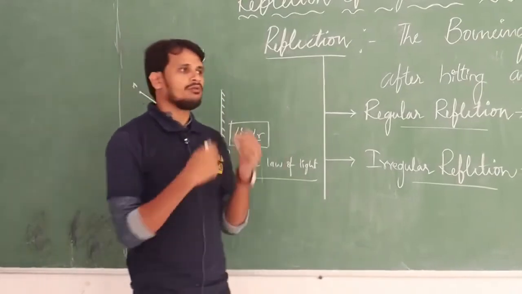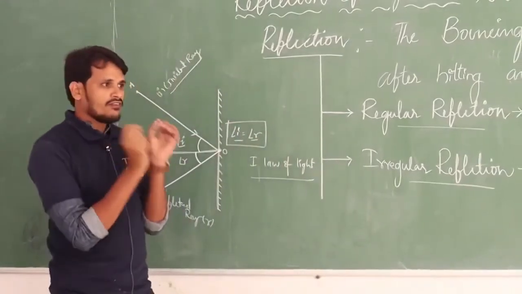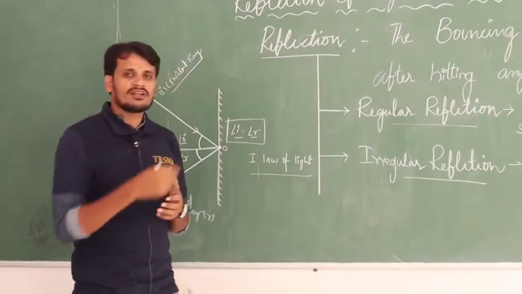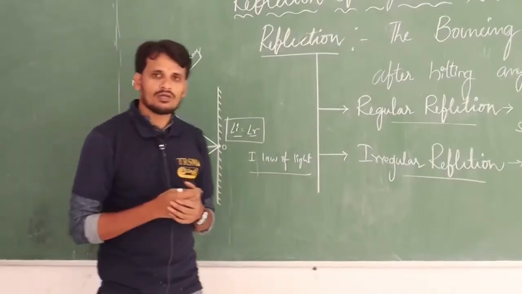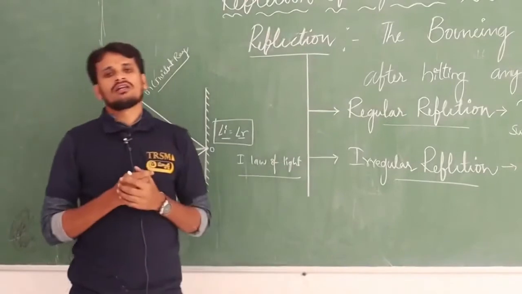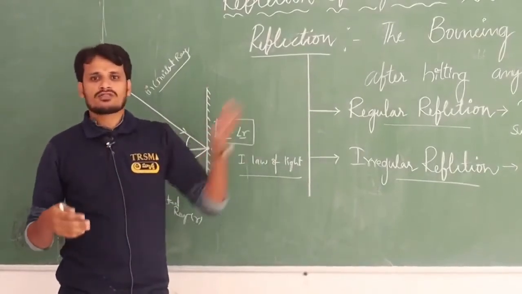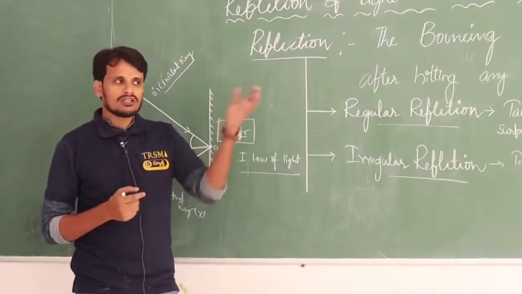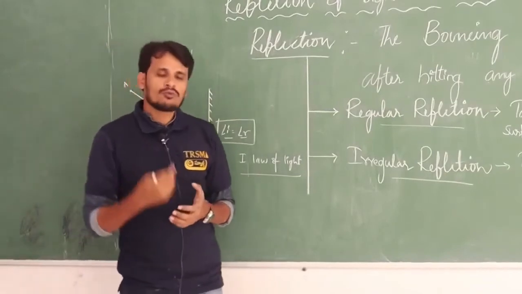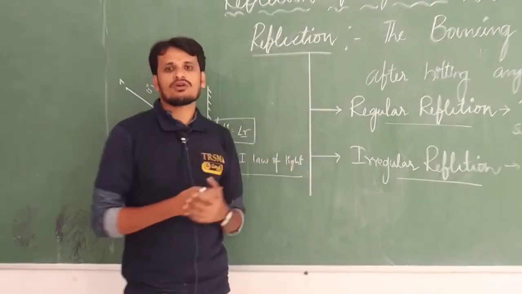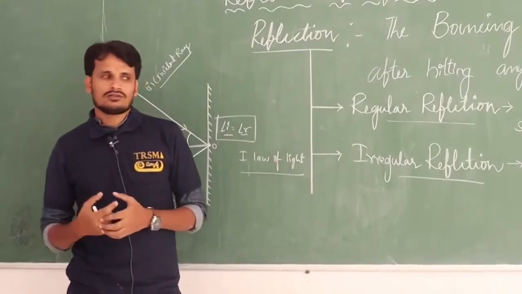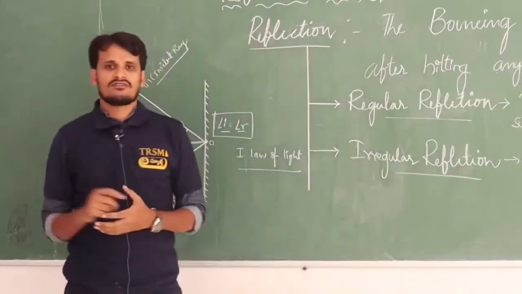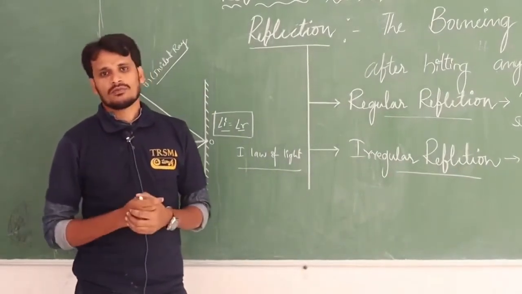Irregular reflection also. What do you mean by regular reflection? Just now I said reflection takes place on each and every surface. So let's take the example, sir, is the tree a reflecting surface? Absolutely, tree also, walls also are reflecting surfaces, and that is how we are getting light from outside to inside the home. Sunlight is not directly available to us in the daytime, but how is the light entering our rooms or homes? Because every surface outside acts as a reflecting surface. So regular reflection is nothing but reflection that takes place on rough surfaces like walls, floors, or buildings.